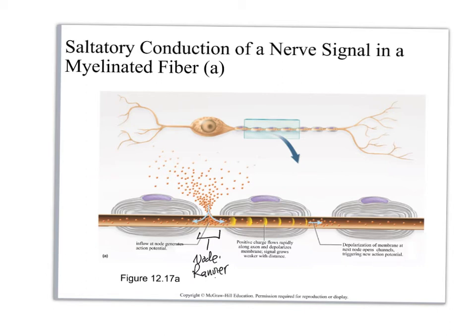Okay, so this area, all right here, is called the node of Ranvier. And in here, you're going to have voltage gates. Okay, so what's going to happen is the voltage gates are going to be opened, and you're going to have sodium flooding in. Okay, and then the sodium is going to go this way and that way. All right, and you may be wondering, why is it going this way and that way? Well, there's two things going on. You've got a diffusion along a concentration gradient,